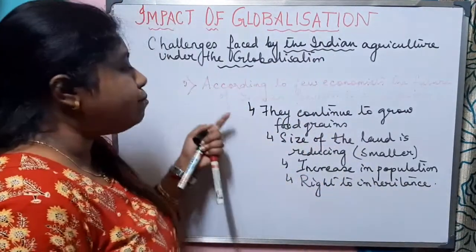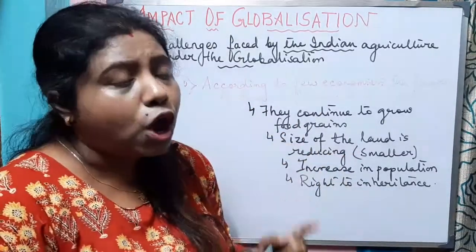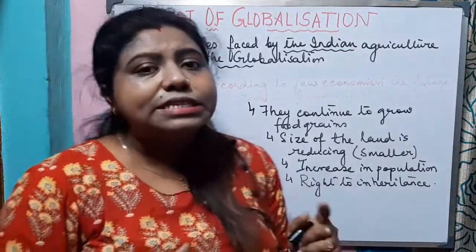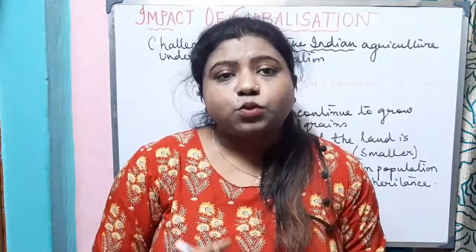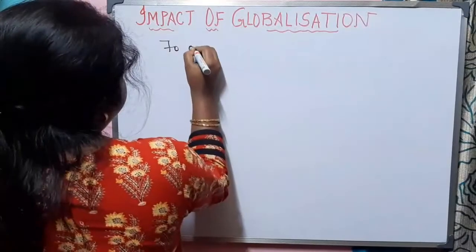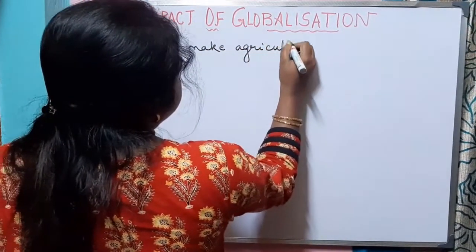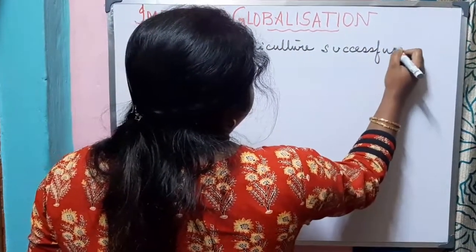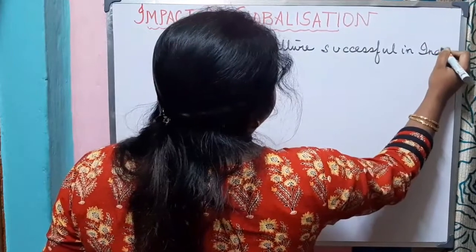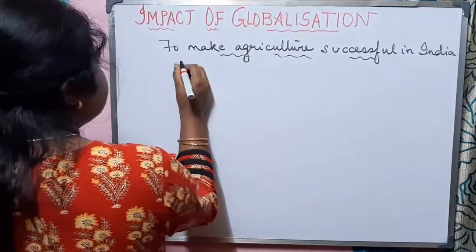So it is very important for the Indian farmers to diversify their cropping pattern. Now let us see what are the steps needed to be taken so that we can improve the Indian agriculture. To make agriculture successful in India, what are the steps to be taken? Let us know. Number 1,